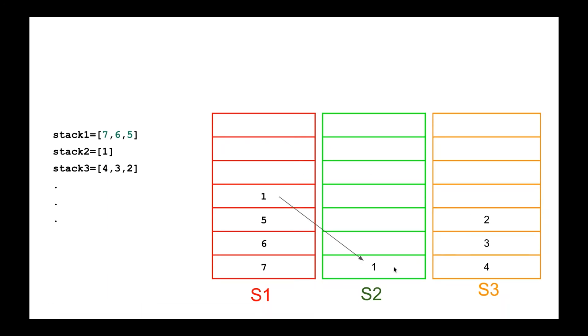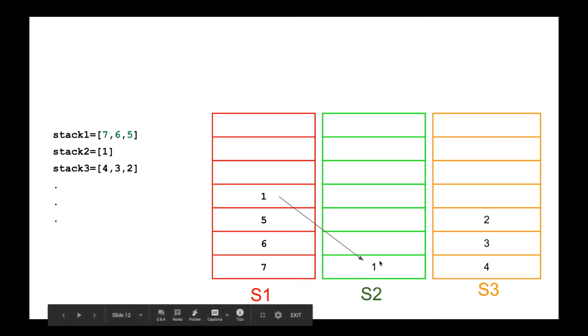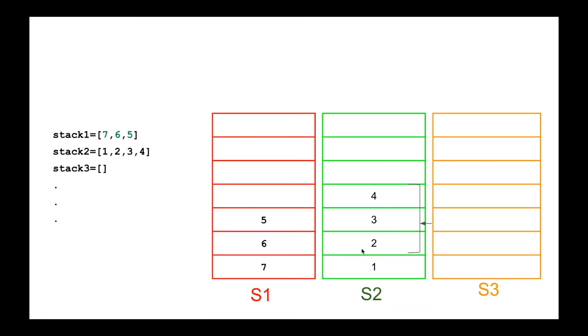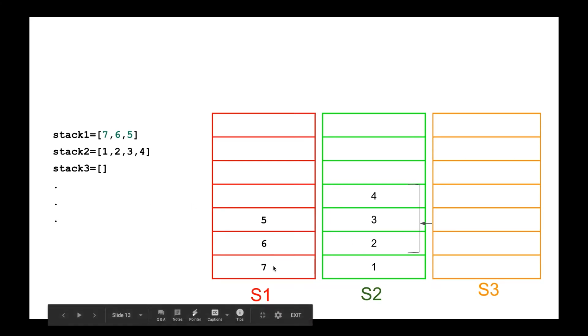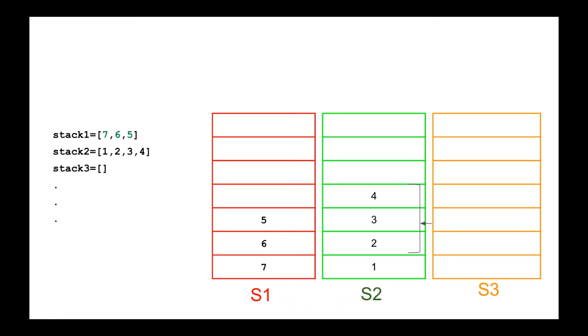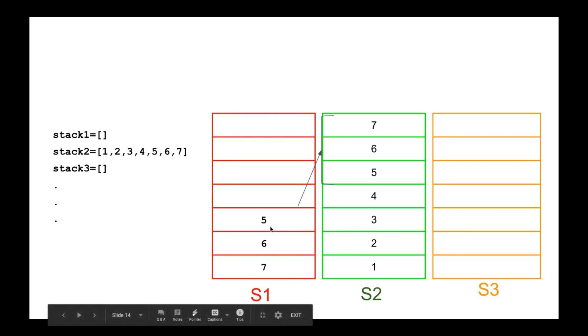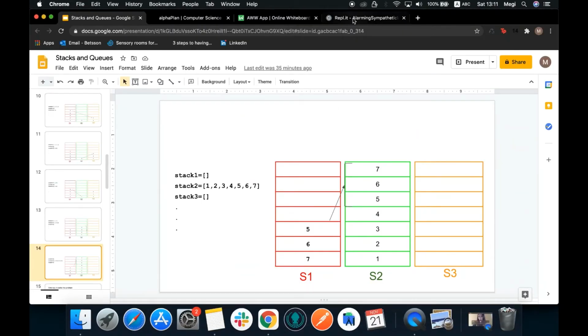Good, now we can have a final visualization of what is actually happening. We have 1 in S2. We want to push 2, 3, 4 in S3. And oh look, what we have here, we have 5, 6, 7. This was actually done on purpose. We put them in order because we don't want the video to last an hour. So we insert 5, 6, 7 to S2, and now we have the final result in stack 2. But to express this in code, we can use,